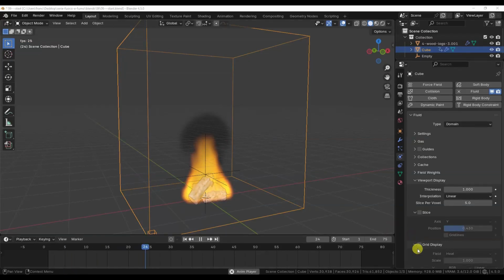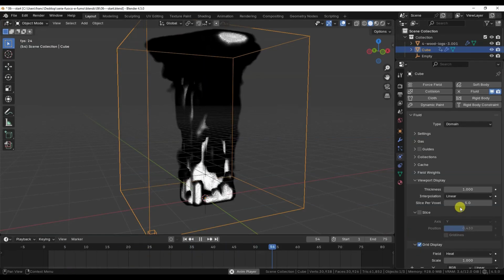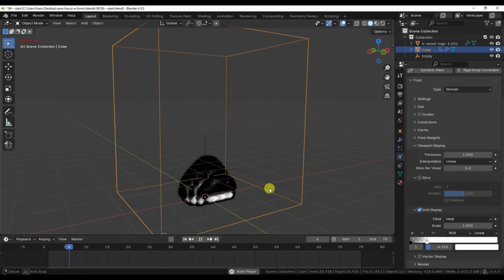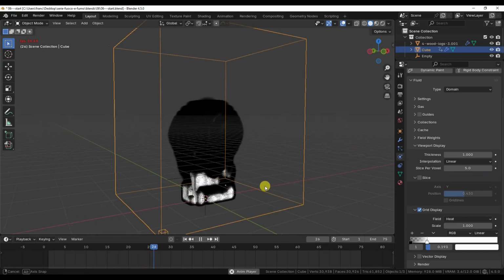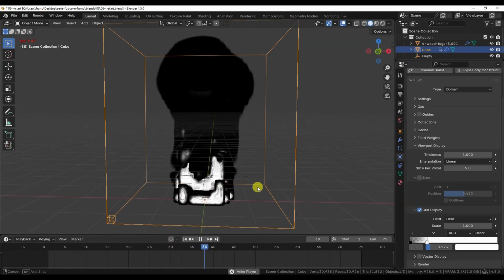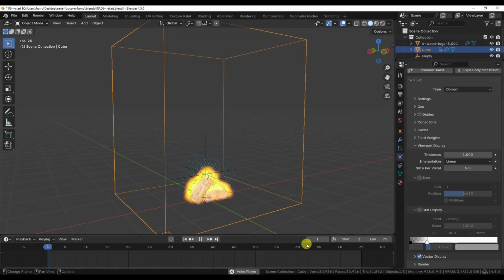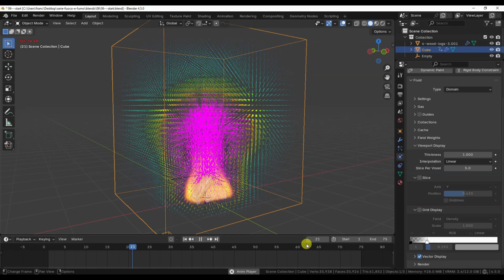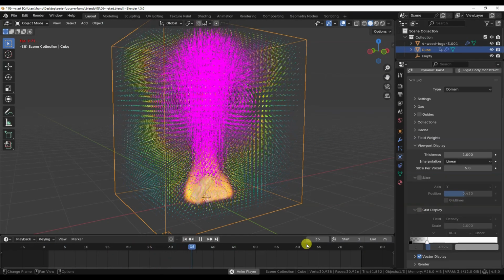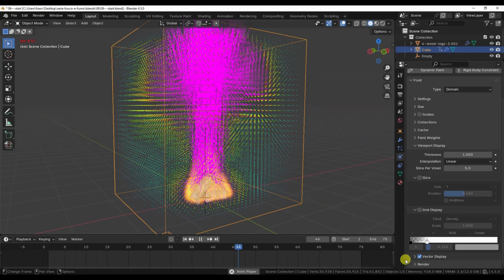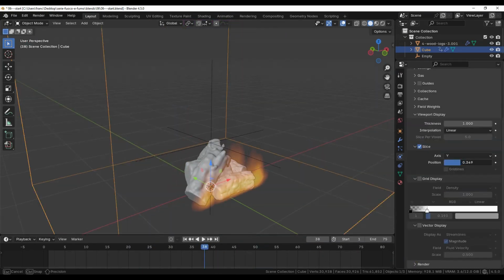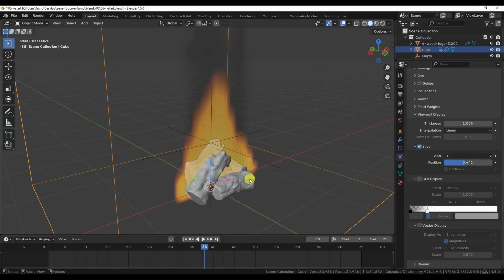Hello everyone. In this sixth tutorial of the series on fire and smoke with a fluid simulator in Blender 4.5, we'll complete our overview of the domain object settings. In particular, we'll go through the main parameters of the field weights, volumetric data, viewport display, and render sections. Some of these parameters will help us better understand certain material properties, called attributes, which we'll cover in the next episode.